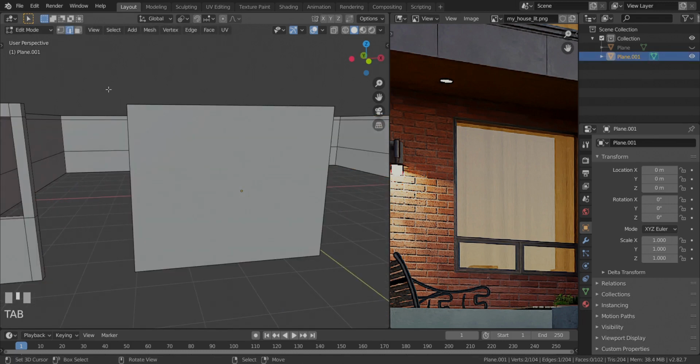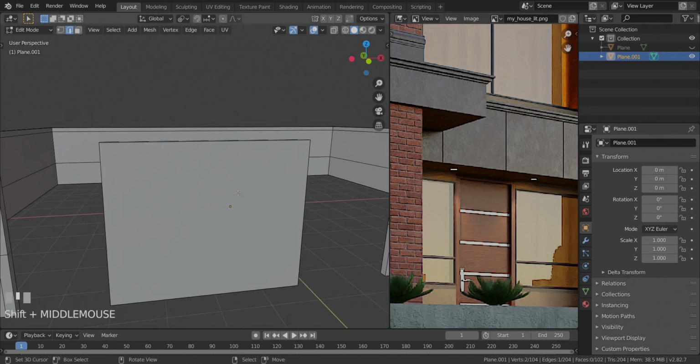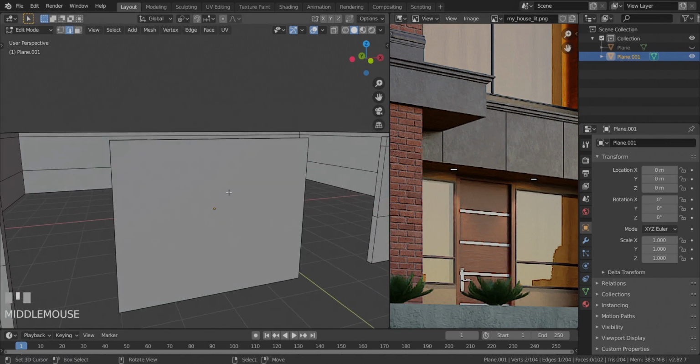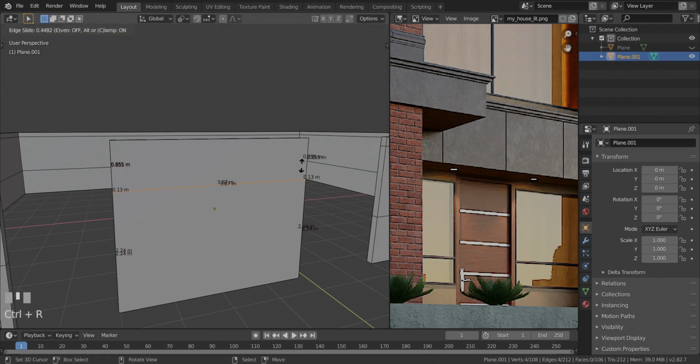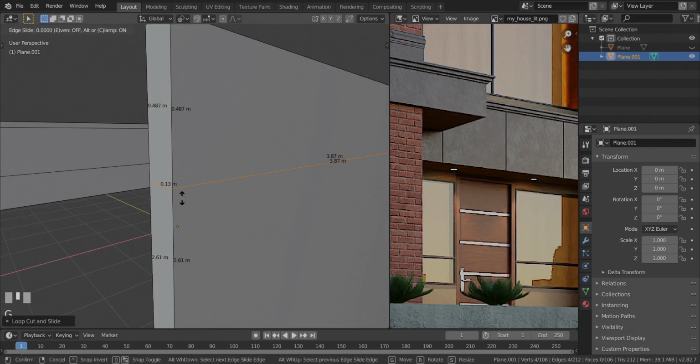Okay, so let's go into edit mode, and from the top, if you take a look at the door, we have the door cutting out all the way through, and then we have the windows not cutting out all the way through. Okay, just sections of it like that, but it cut all the way through to the left and the right. So from the top to where the windows start to cut out, that is from the top to this side, and this side is about 0.5. So I'm going to press Ctrl and R through here, and I want to have 0.5. Let me just zoom in so we have more accurate values. We're going to have to go down